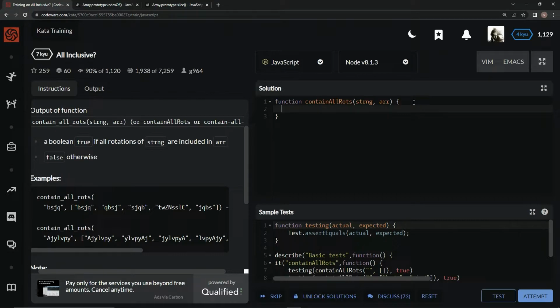So for this, we're going to have to use a for loop, and we're going to say for let I equal 0, while I is less than strng.length, we're going to say I plus plus, because we're going to be looking for every different rotation of this string, okay? So for that, we're going to check to see if the rotations are in there. So we're going to say if, because if they're not in there, we're going to return false. So if,